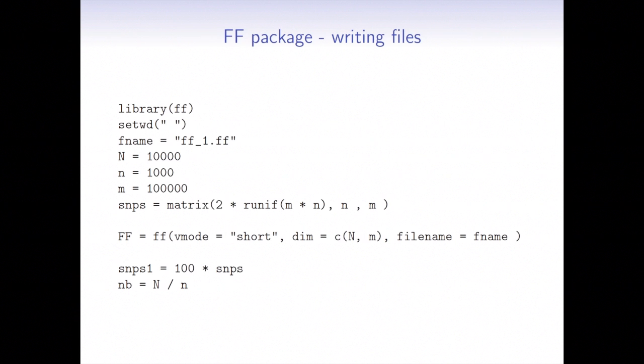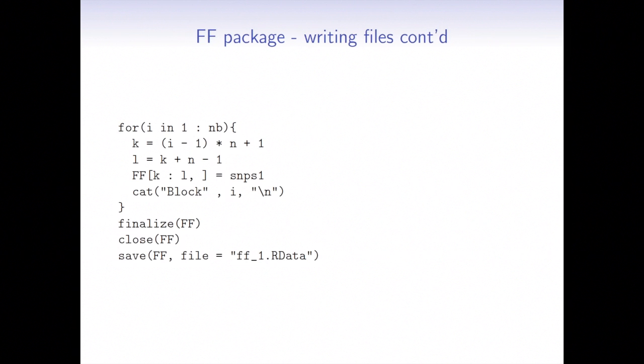So the second option was the FF package, which works very simply and actually maybe even easier than NCDF. Once you understand the tutorial, which is maybe not the easiest one to go through at the beginning, but later on things become very clear and very straightforward. So I use here the same idea. I have to create my FF object. Again, I use the trick of specifying SNP as a short precision number. I have to provide the dimensions of the file, and I'm saving the data in blocks.